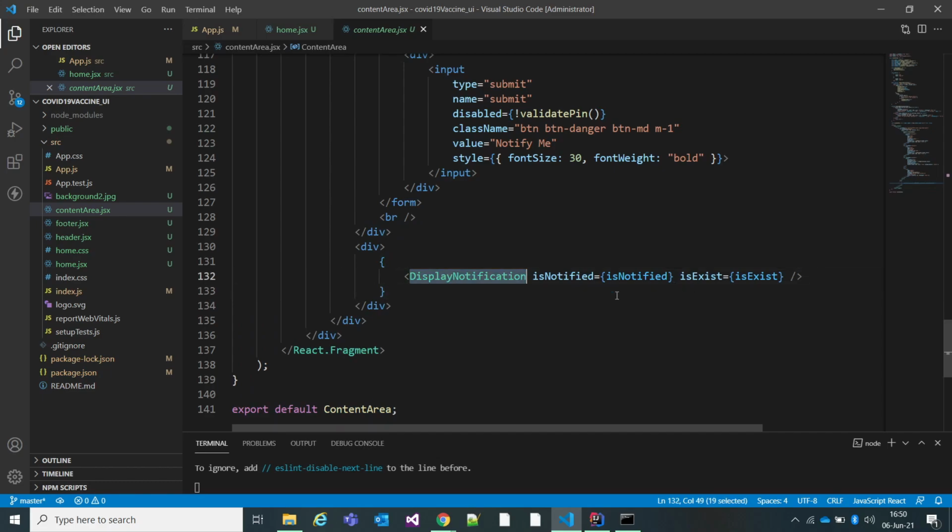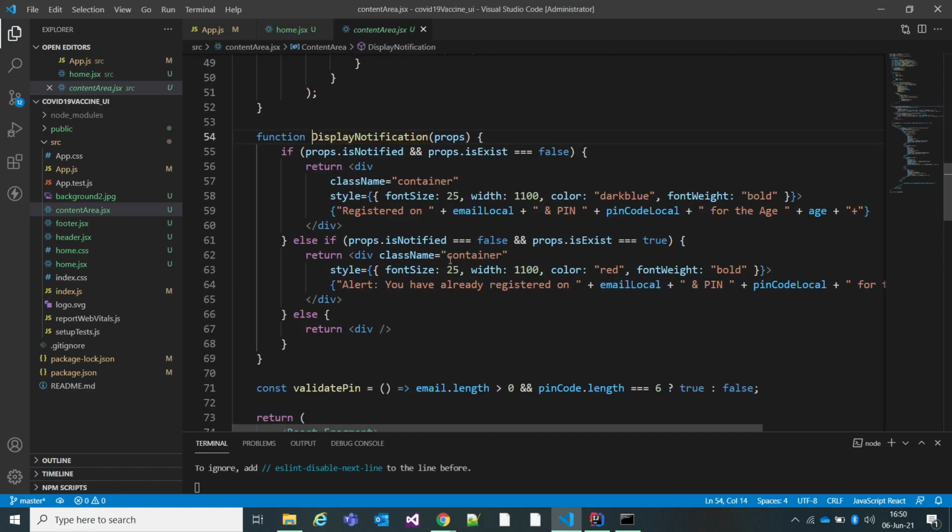I'm using this div, which will be rendered based on the isNotified and isExist variables. So let us go to the display notification function, and see how it is. I'm sorry. The display notification function will check if we have already notified, or if it does exist. So I'll come back here.